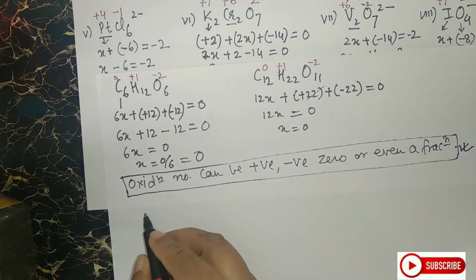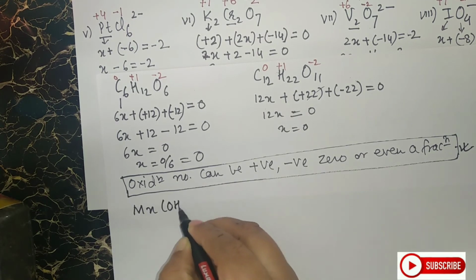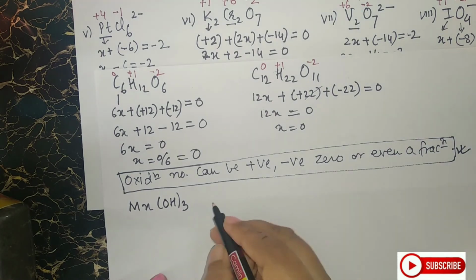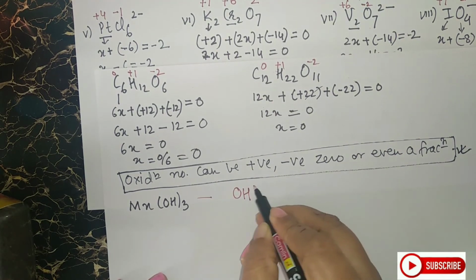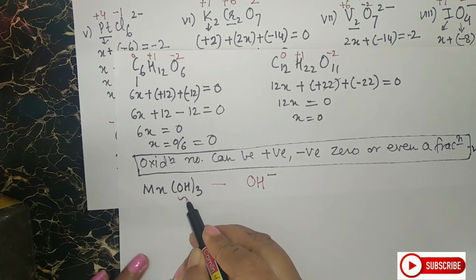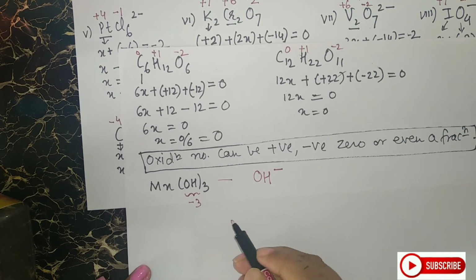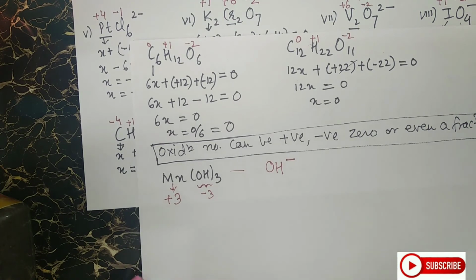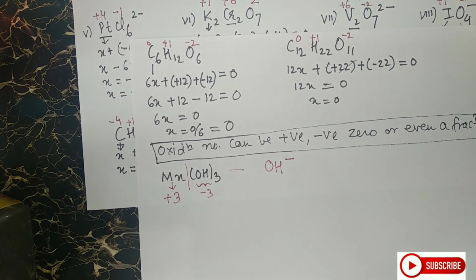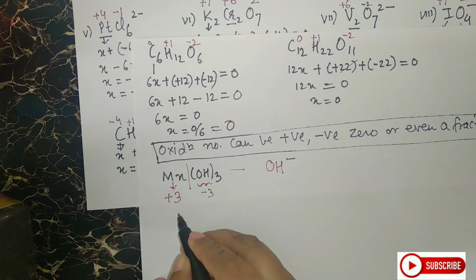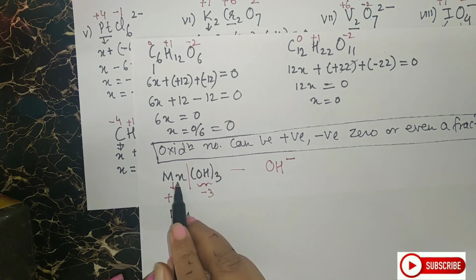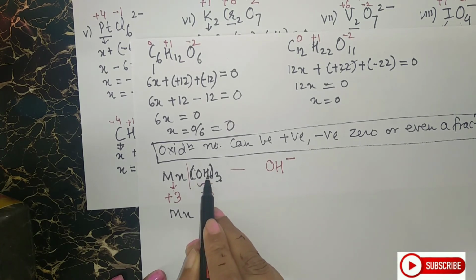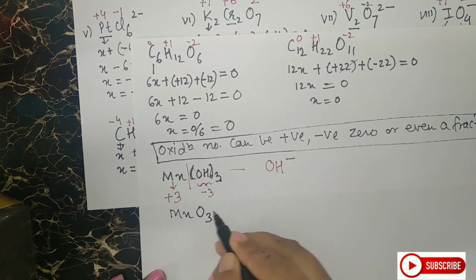So let us see the next example, and that is Mn(OH)3. Now student, if you know this molecule, this is a hydroxide, and you know that hydroxides are radicals with a negative charge. Means this complete radical will have -3 charge. So this manganese here will exhibit +3 oxidation state. But if you are not comfortable splitting the molecule in this way, if you don't remember the charge on the radicals, then simply split the molecule in this way. If this bracket is there, the 3 here is for oxygen as well as for hydrogen. So I am opening that in this way.